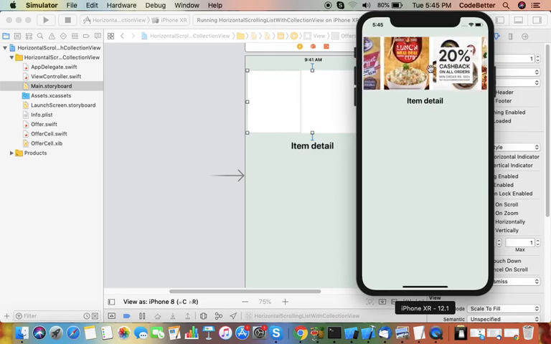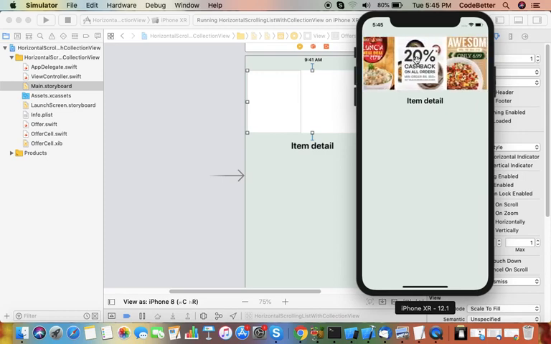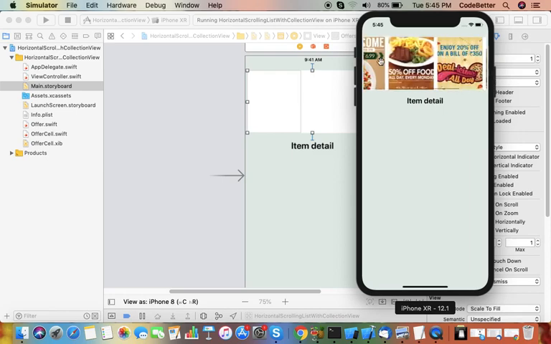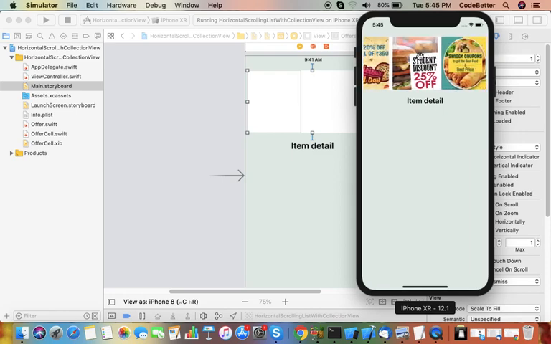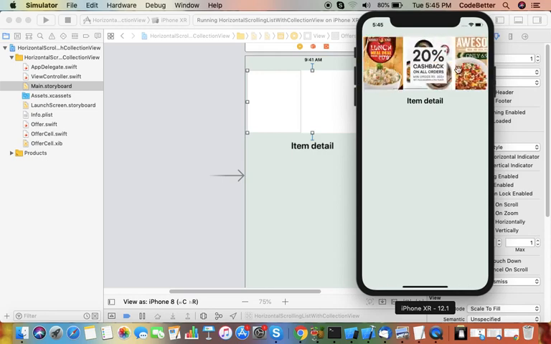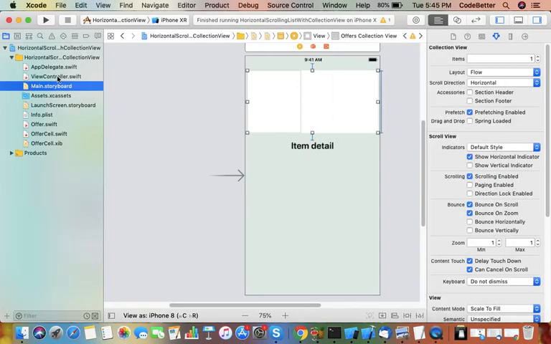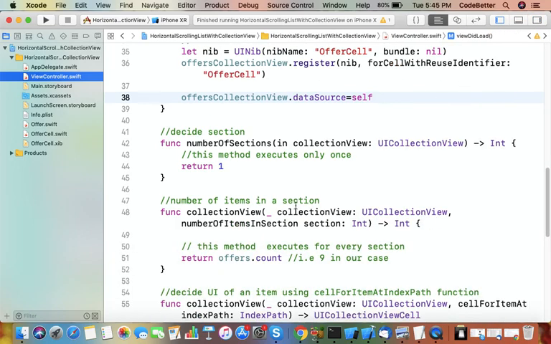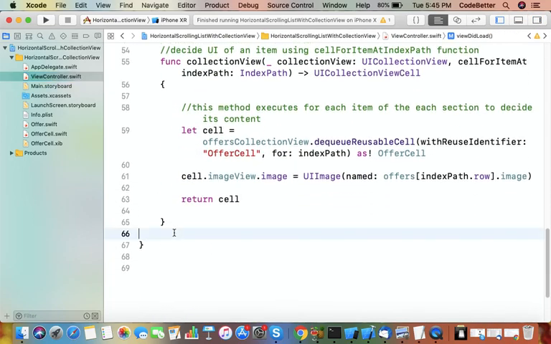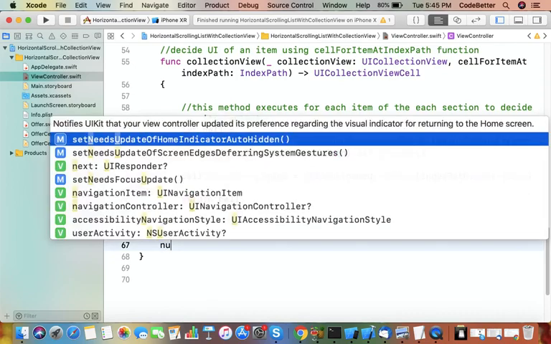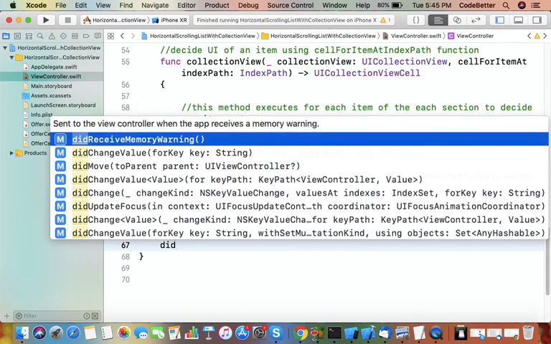Now let us handle the selection of an item. If I click on this 20%, it should display the details of 20% in the label. If I click on 25% off, it should display like this. So let us see how it works. To handle the selection of an item, we override one more method, didSelect.